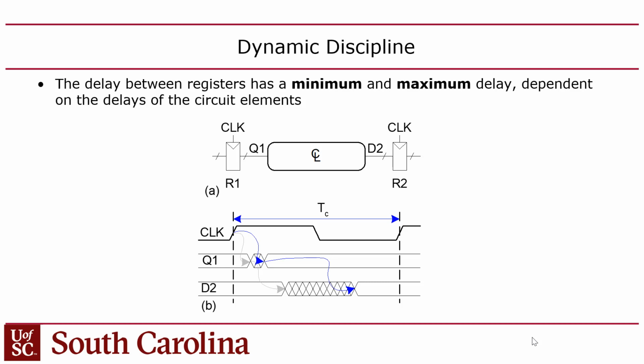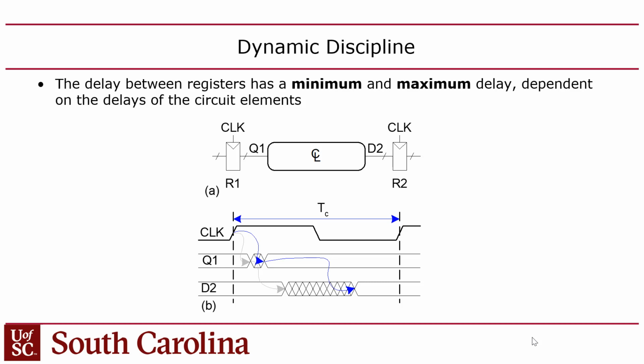Then the clock tick comes, and this register outputs its value, and the value will reach the second register so fast that you may violate the hold time on the second register, because it also expects a minimum amount of time